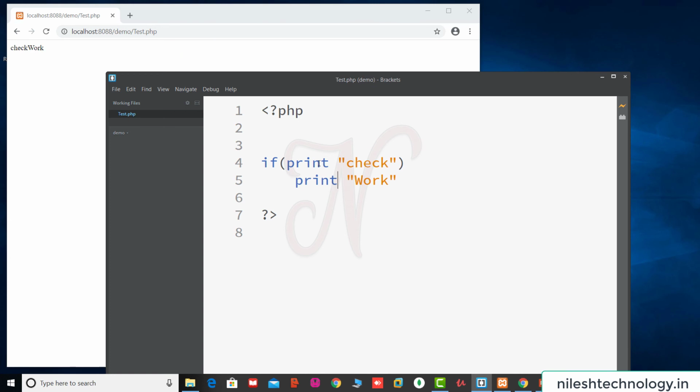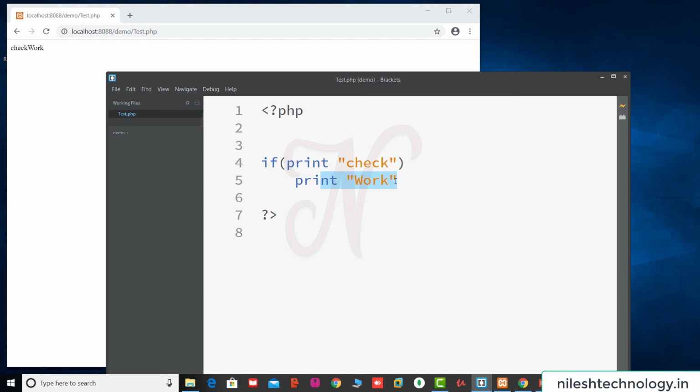This works smoothly. So there is one difference. Echo has no return value, but print has one return value, that is a boolean. If this statement is printed successfully, then it returns true. So here check is printed successfully, so it returns true. If true, so this condition is true, so it goes into this if statement and prints again work.